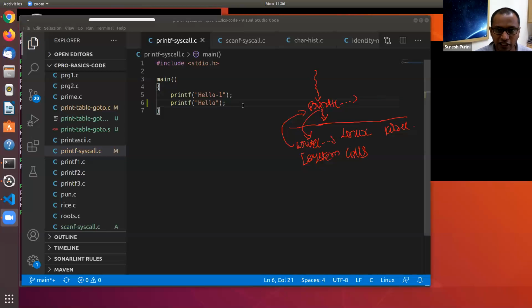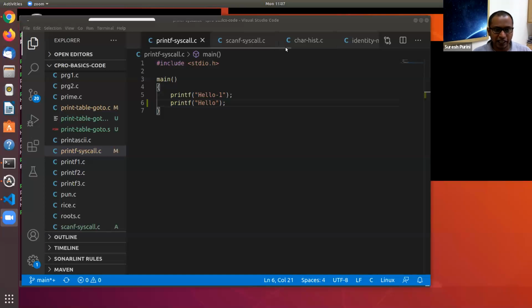In the last class, we saw something like ./a.out less than test.text. Your program doesn't even know that the input is coming from test.text. A very interesting thing happens, but I would take this question at a different point in time, not now.